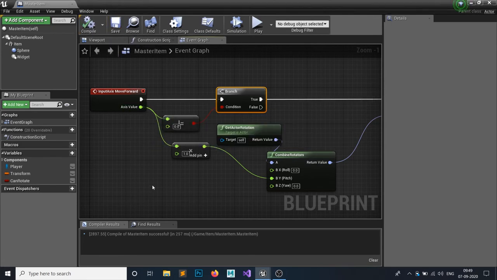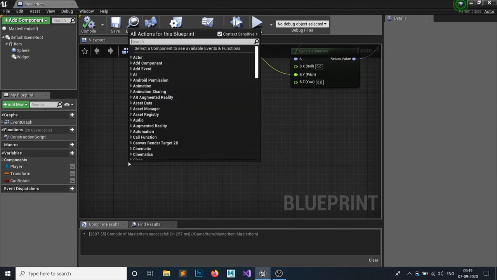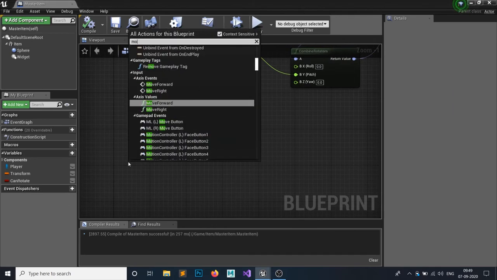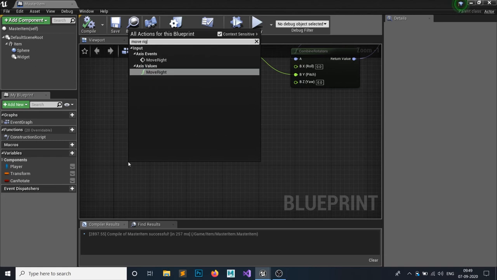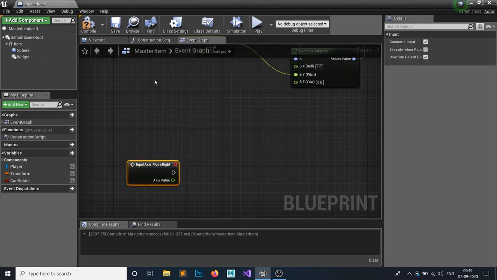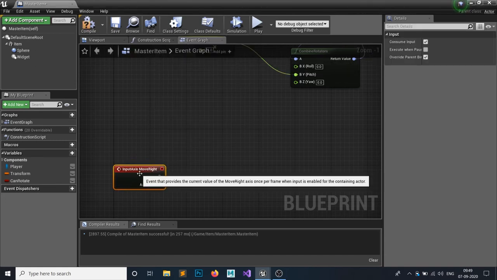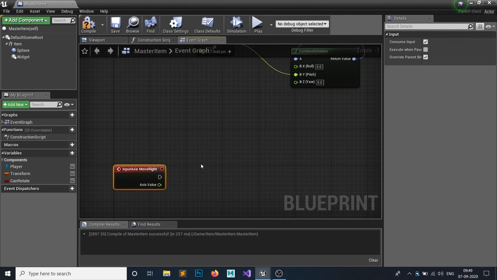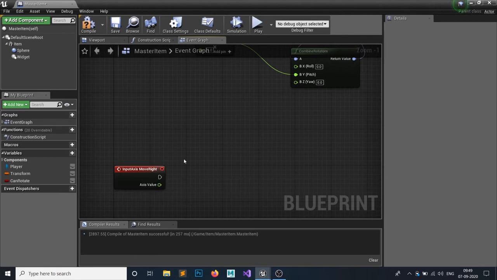And for the A and D keys, just add move right. So the move right axis event will be the A and D keys. If it's 0 to 1, then we have pressed the D key, but if it's -1 to 0, then we have pressed the A key.